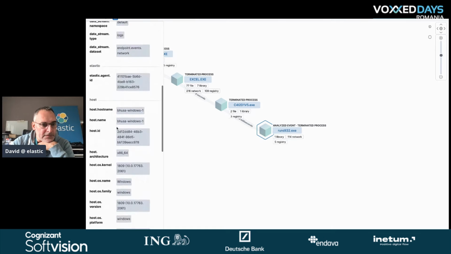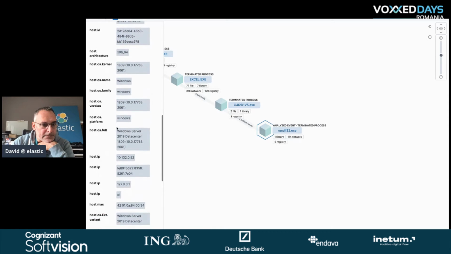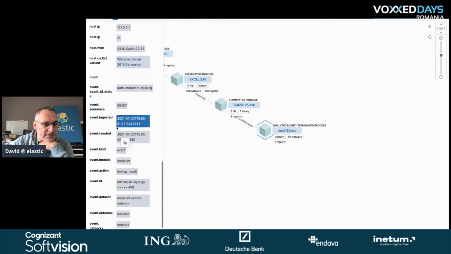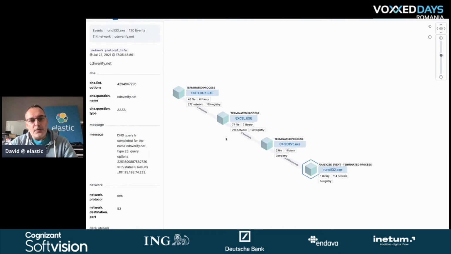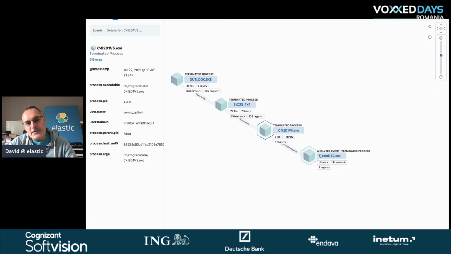I'm looking for the IP address, but okay, I can't see it here. Anyway, we can see that this rundll32 is calling the network, but now we have other information. We can see that this rundll32 is called from this executable. I'm going to copy this value because I will need it later.